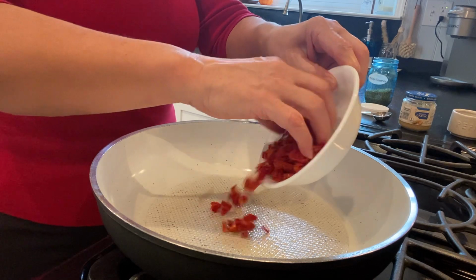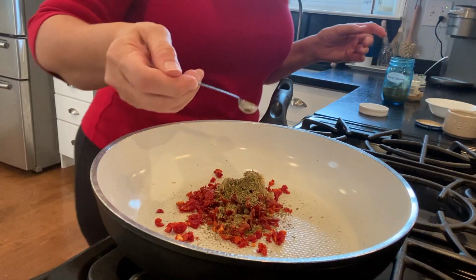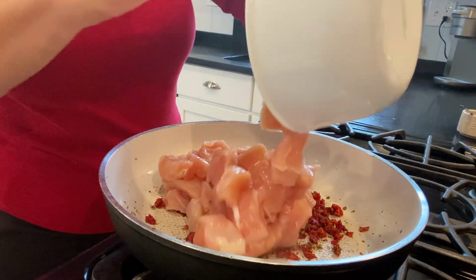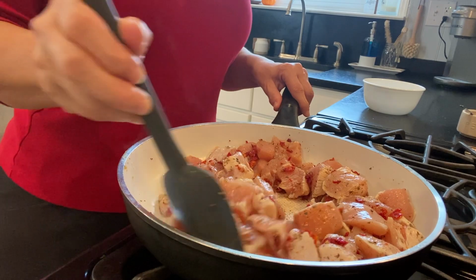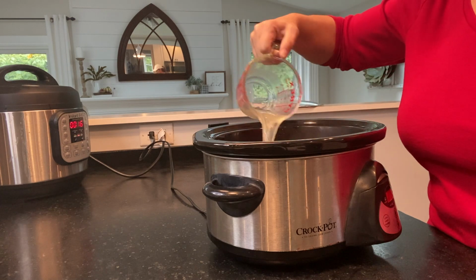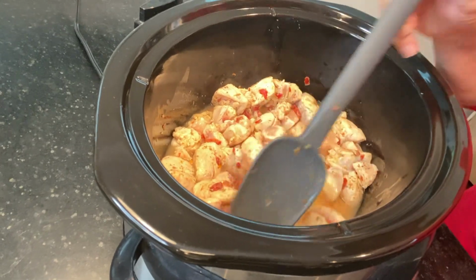Lightly spray a skillet with cooking oil, add tomatoes, garlic, Italian herbs, and pepper. Sauté over high heat for 30 seconds. Next, add your cubed chicken and brown for 1 to 2 minutes until chicken no longer sticks together. Place all of the contents of the skillet into your crock pot and add your chicken broth. Cover with a lid and cook on high for 2 to 3 hours or low for 4 to